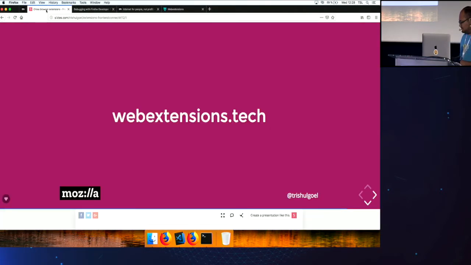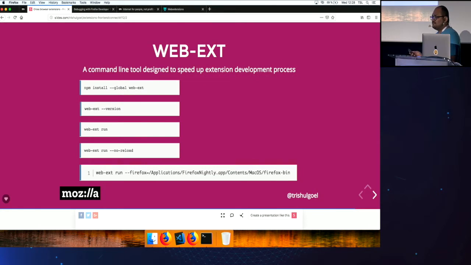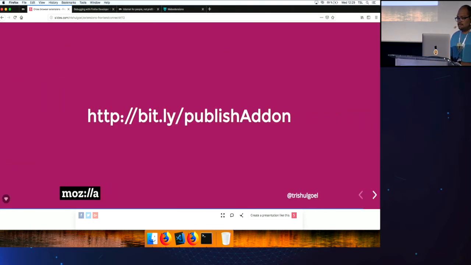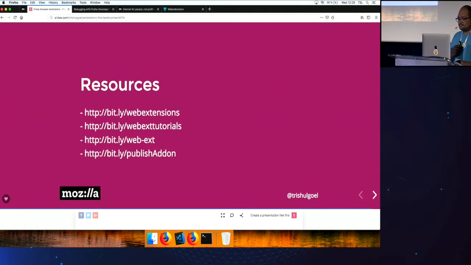The second tool is web-ext. When you go a bit more production level, this tool helps you create an add-on from the command line, and you can write tests around it, like unit tests and integration tests. That kind of testing can be done with this tool. Once you are done, if you want to publish an add-on, this is the URL which has some information. These are some resources. And before I wrap up,